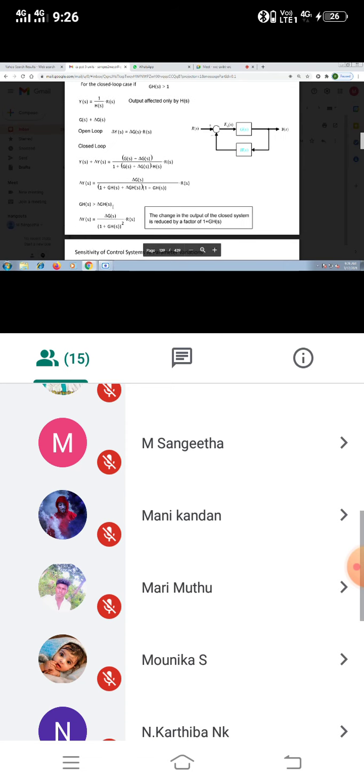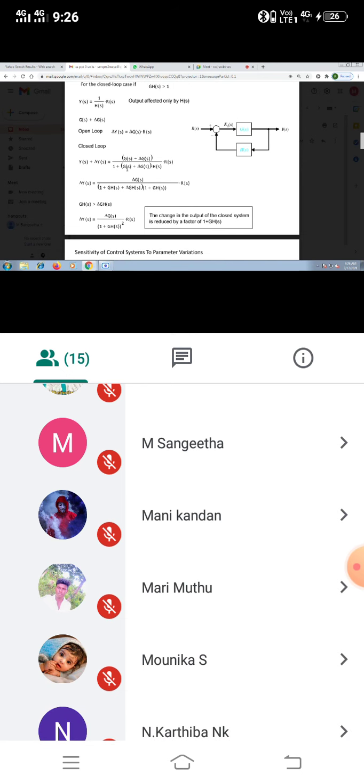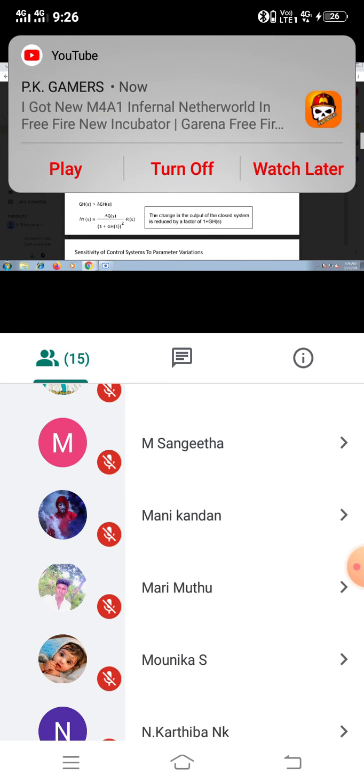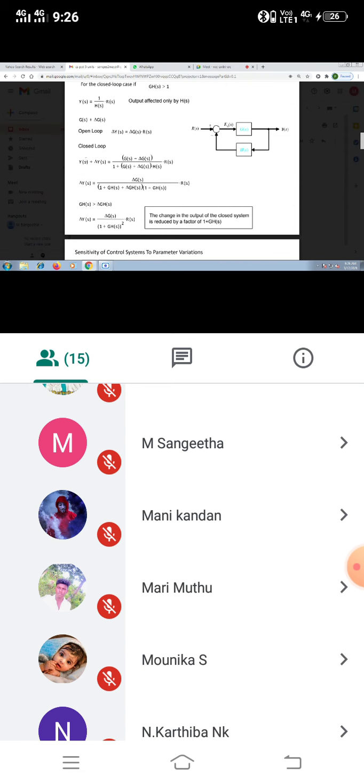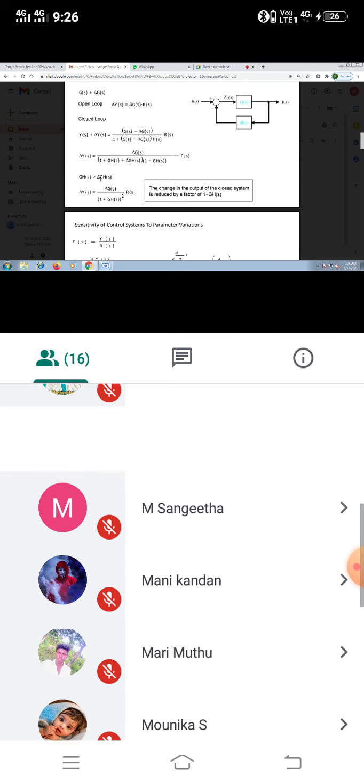Now we are ready to simplify these mathematical equations. According to the simplification, del Y of S equal to del G of S by 1 plus G of S plus del G of S into H of S. This Y of S moves slightly towards the right hand side. So finally we get G H of S greater than del G H of S.